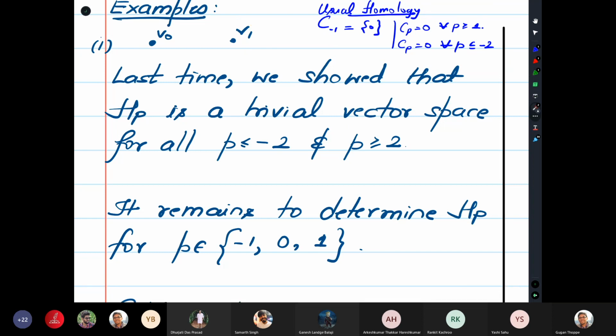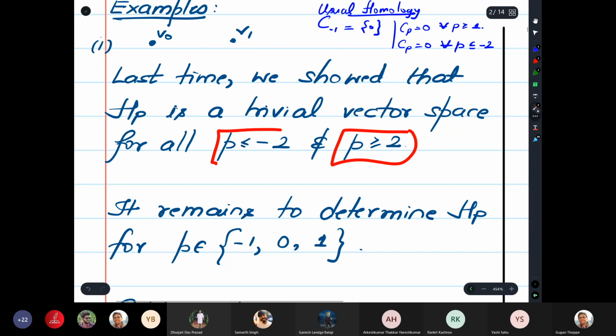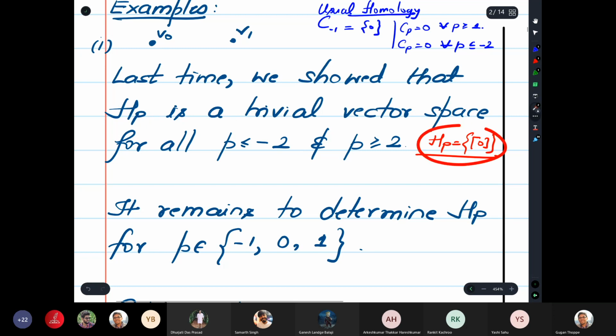Last time we began this exercise and we looked at the case where P is less than or equal to minus 2 and P is bigger than or equal to 2, and we showed that this Pth homology group in each of these cases is actually a trivial vector space, right? So we saw that in all these cases HP turns out to be something like this. HP by itself is a set, and we defined this addition and scalar multiplication operation, and thereafter one can conclude that this actually is a trivial